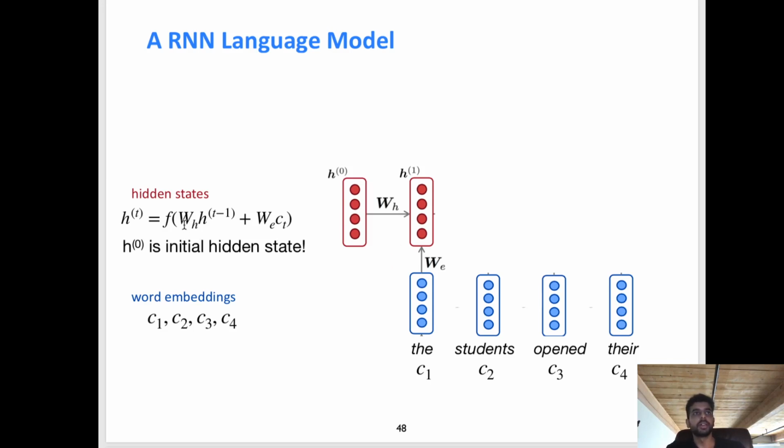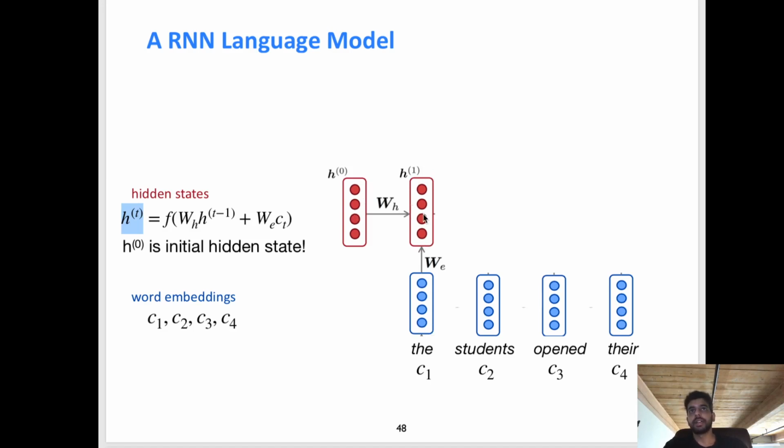If you look at this equation, the matrix vector product is between W sub h and the previous hidden state, which for this time step 1 is h sub 0, the base representation. And we're adding that to the matrix vector product of W sub e, which is this other weight matrix, multiplied by the word embedding at that time step, so the word embedding for "the." Then we apply our nonlinearity, right? This f, which could be the ReLU, the tanh, or whatever. And then we get h sub t, so in this case h sub 1, our new hidden state that has incorporated one word of this context.